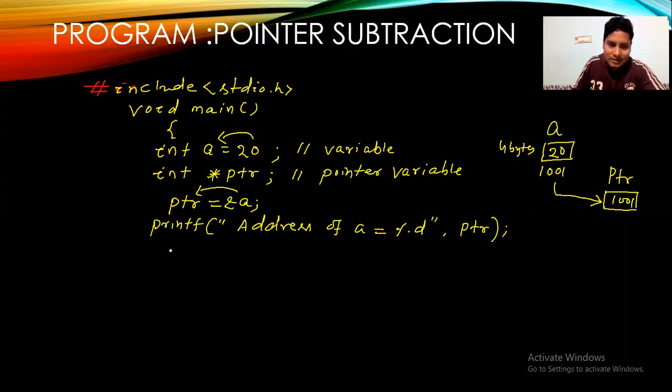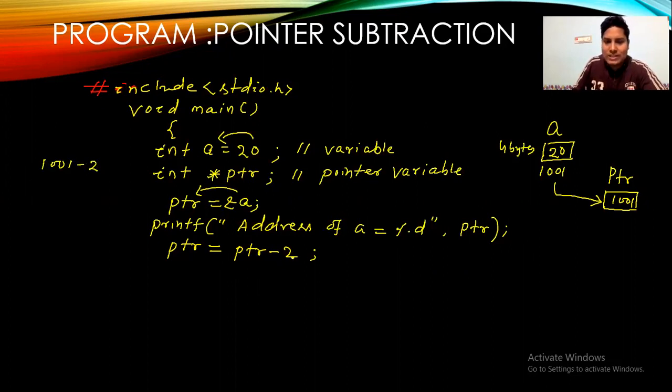Next, I am doing a subtraction operation upon this ptr variable. So I'm writing ptr = ptr - 2;. That means this is a subtraction operation. Here you can see what value will be stored in ptr. For example, here 1001 is stored. 1001 is the address of a. When I subtract 2,